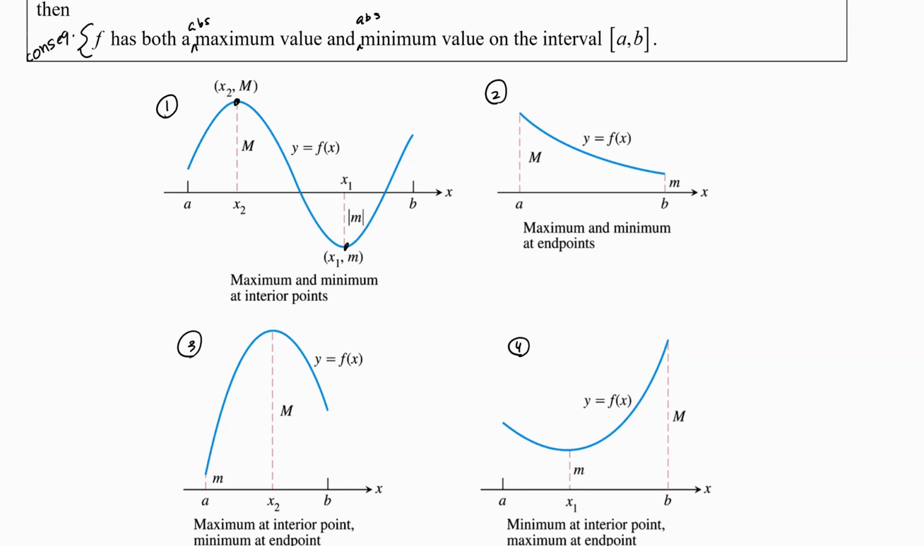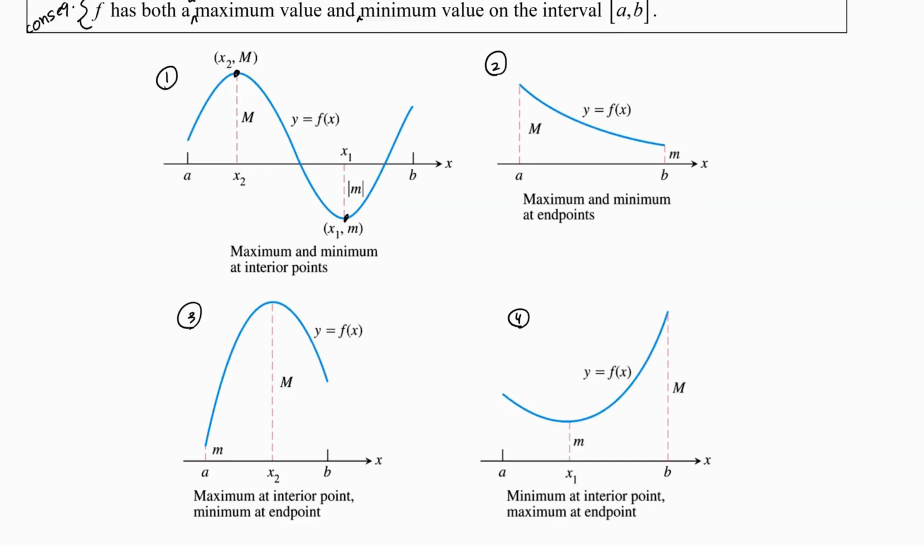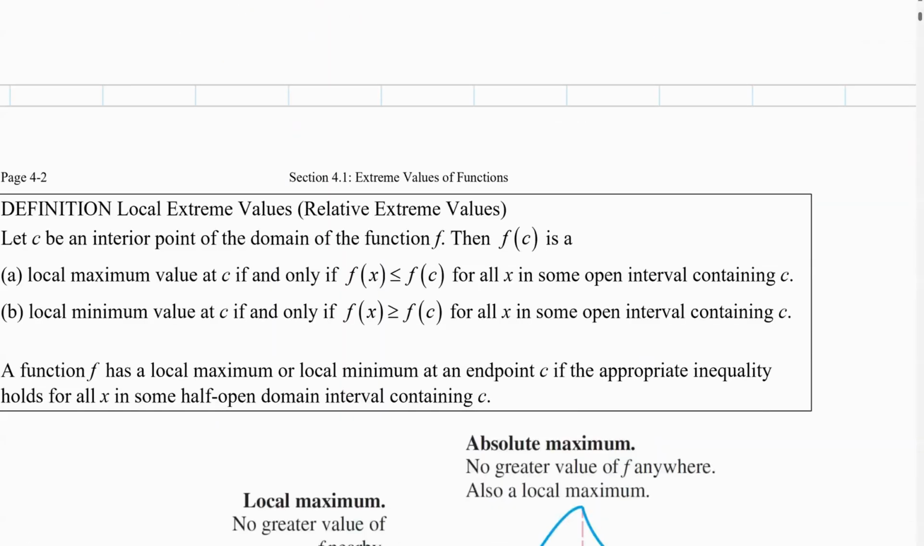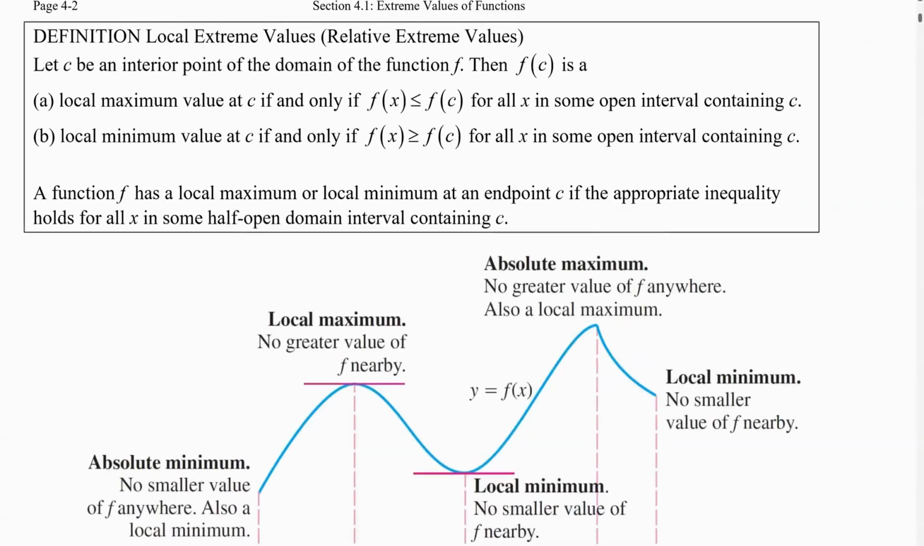Regardless, continuous functions on a closed interval, conclusion: there must be an absolute min and an absolute max. Now, that's a nice thing to know. Let's go on to the next thing, and that is we are going to talk about